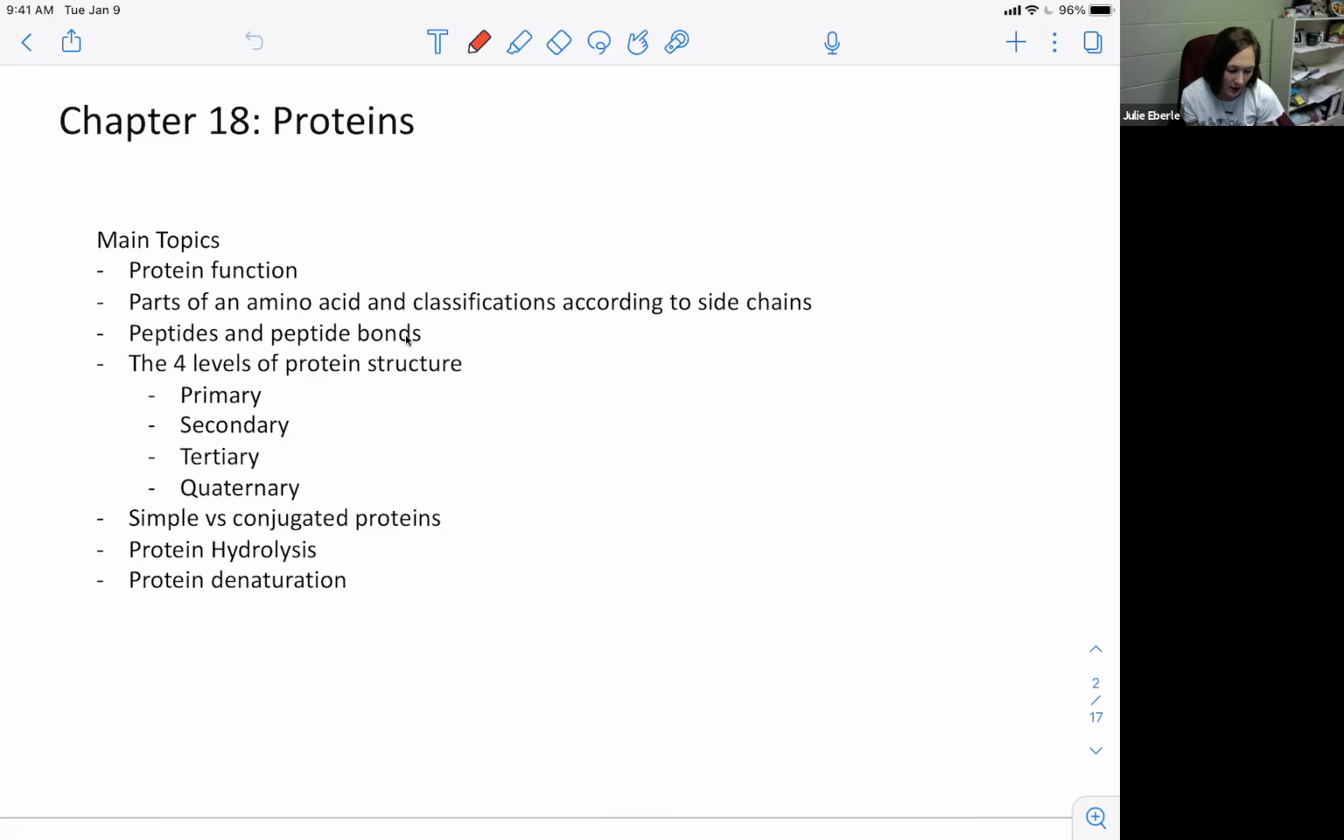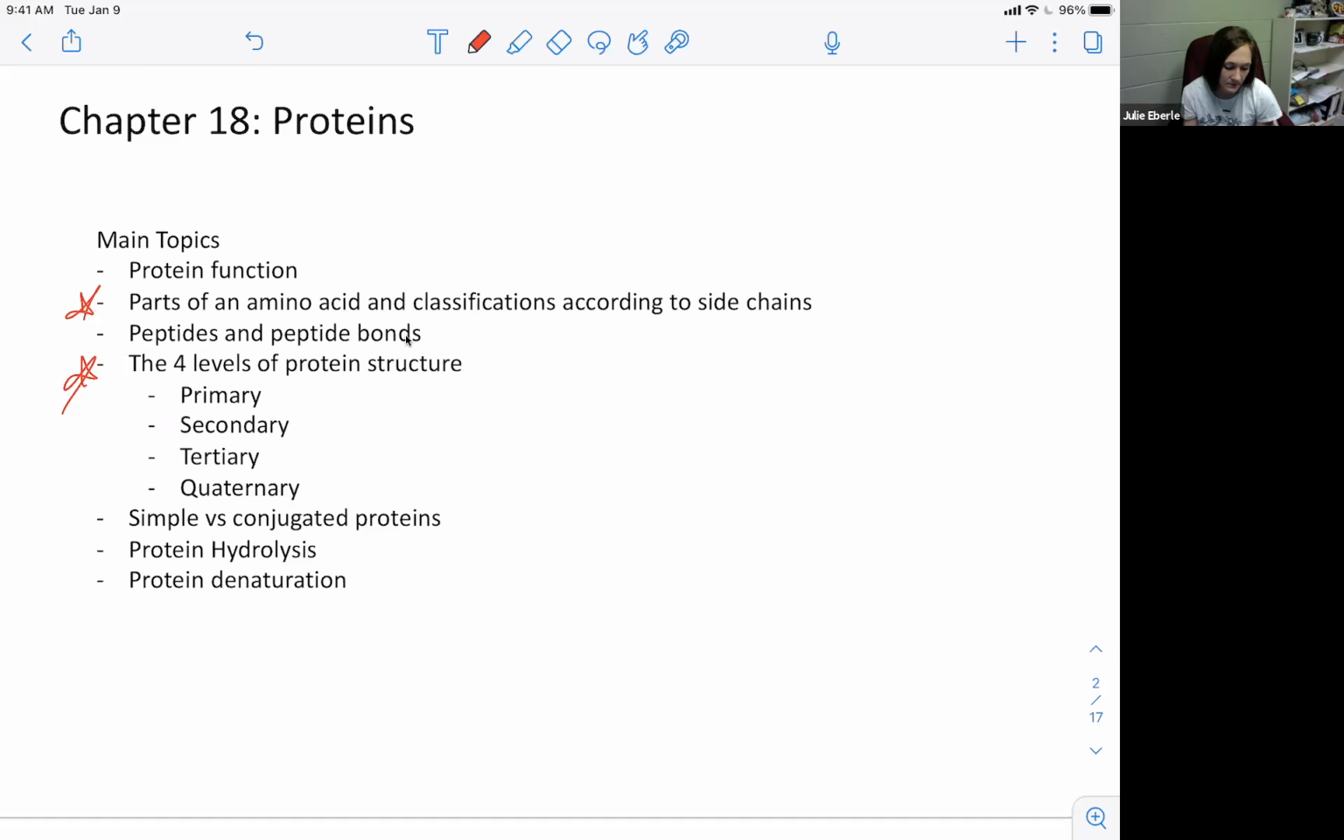And then parts of an amino acid and classifying them according to side chains. That was one of the big parts, okay? The big parts, and then the 4 levels of protein structure. Peptide and peptide bonds. I mean, that was a quiz question. I know you had to identify a peptide bond. So I want you to know in a strand or string of peptides where you would break them apart into